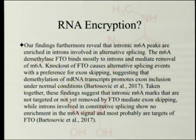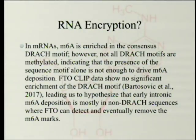Our findings furthermore reveal that intronic M6A peaks are enriched in introns involved in alternative splicing. The M6A demethylase FTO, that's that fat thing that we were talking about, binds mostly to introns and mediates removal of M6A. Knockout of FTO causes alternative splicing events with a preference for exon skipping, suggesting that demethylation of mRNA transcript promotes exon inclusion under normal conditions. Taken together, these findings suggest that intronic M6A marks that are not targeted or not yet removed by FTO mediate exon skipping, while introns involved in constitutive splicing show no enrichment in the M6A signal and most probably are targets of FTO. So there's a whole bunch of stuff that's really complicated that's going on beyond the sequence,